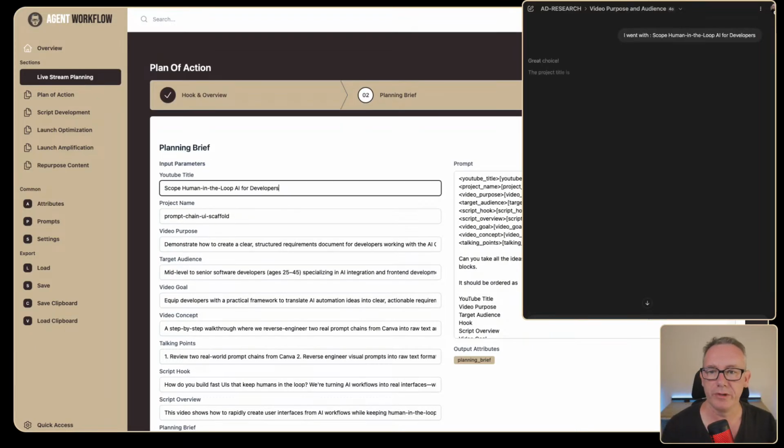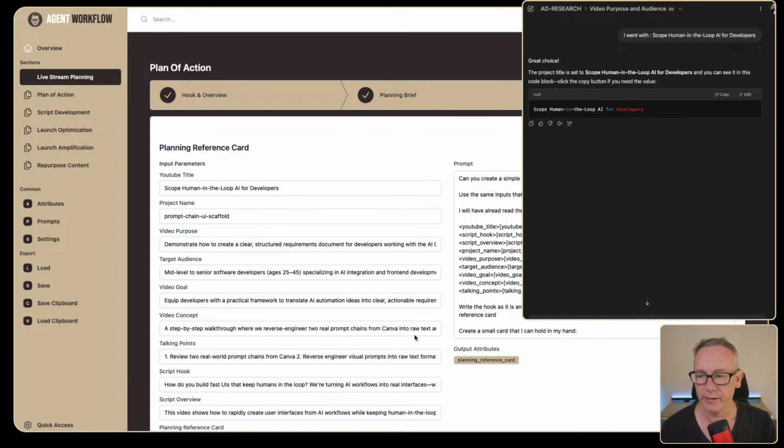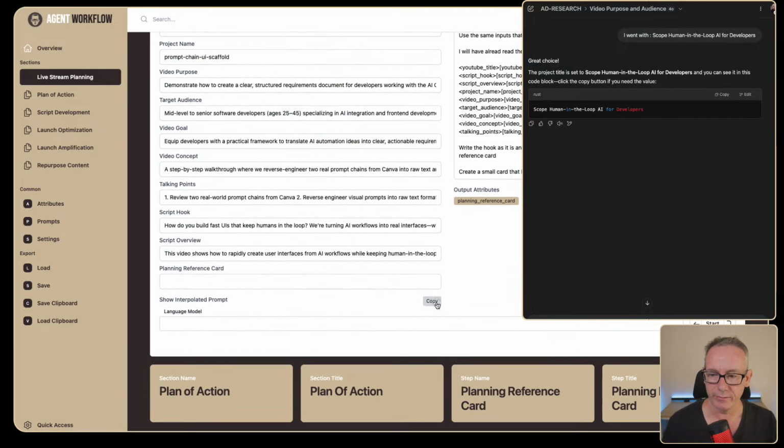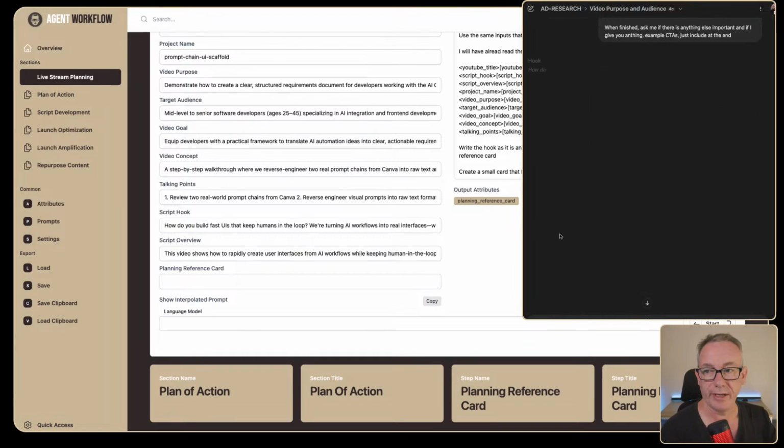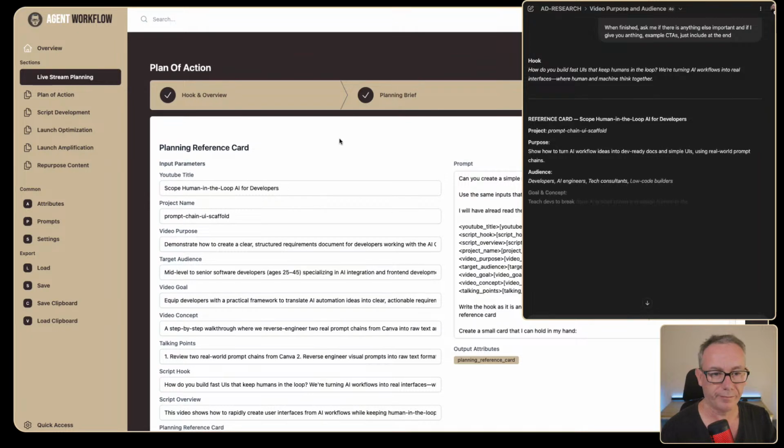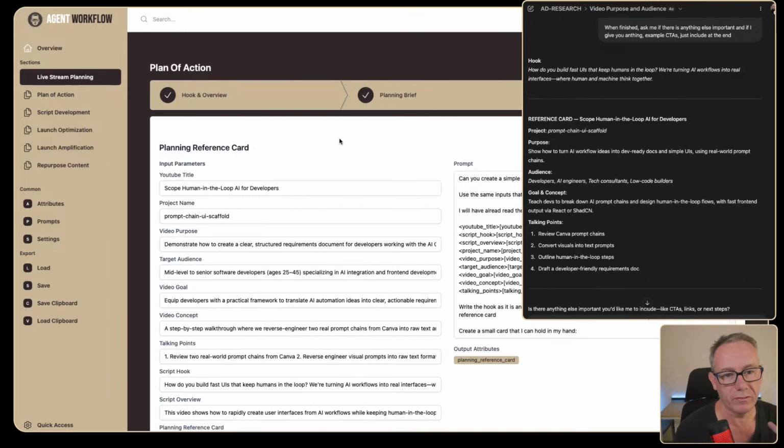And now what we'll do is we'll get ourselves a planning reference card. Press copy on that. Paste this information in. It now knows what the title is going to be. And this is what I would read just before doing the live stream. So the live stream, like this one, will be very fluid. Whatever happens, happens. This one is going to say scope human in the loop AI for AI developers.